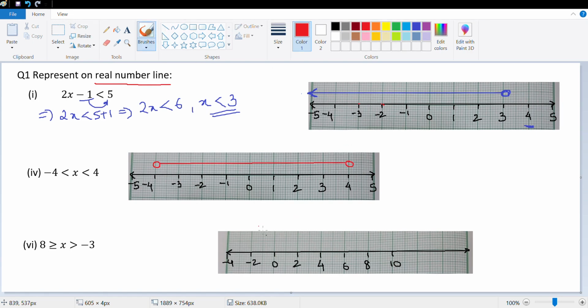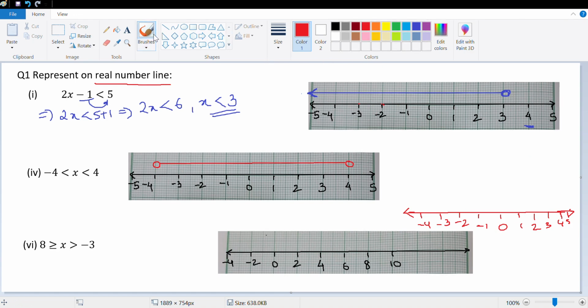I will be plotting all of these slightly above the number line. You are welcome to do it on the number line itself. Like I said, I do not have access to a scale on this. I can draw a straight line, but I will not be able to mark them exactly equidistant. This is random because this is not measured. So that's why I have plotted them on a graph. You can plot them on a normal straight line and mark the numbers properly. Okay. Let's look at the next one.